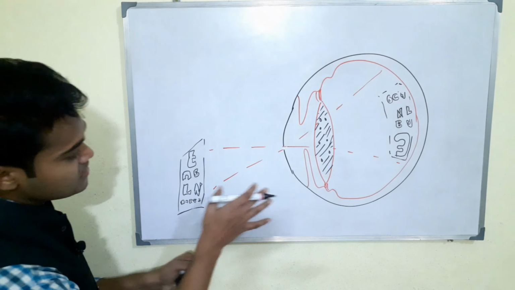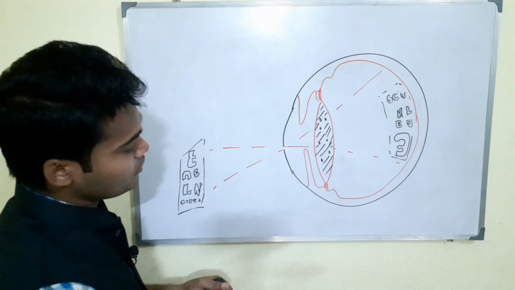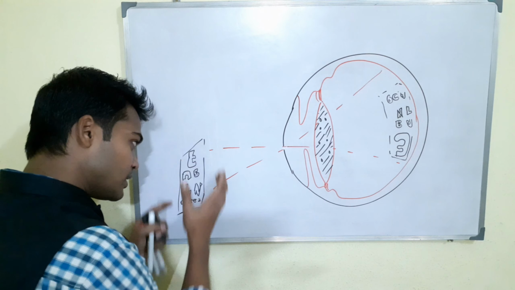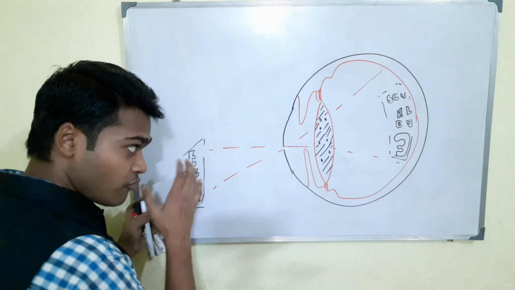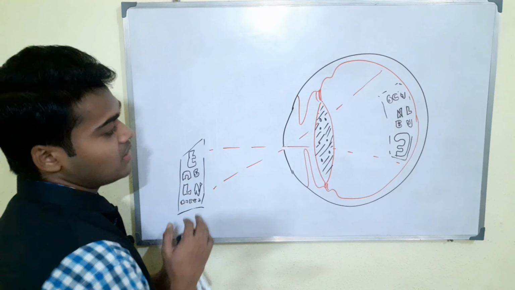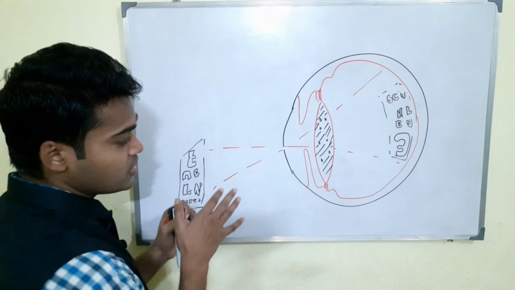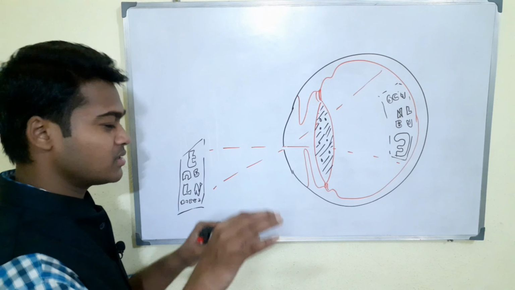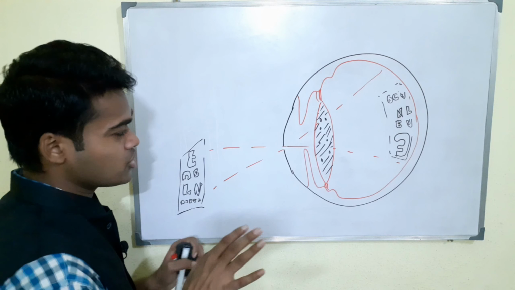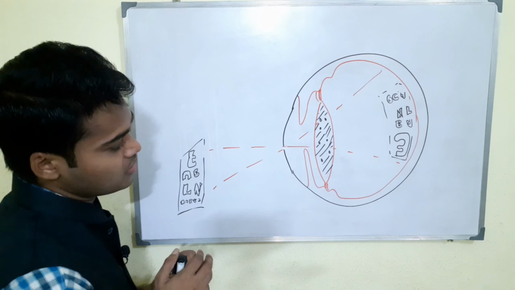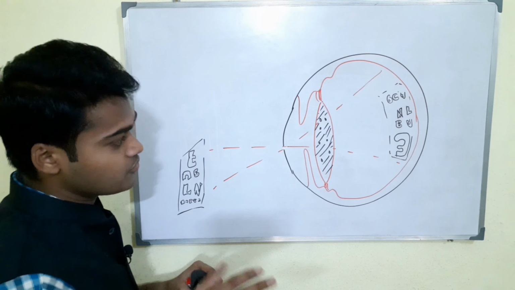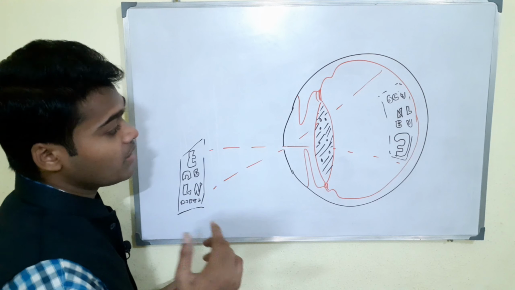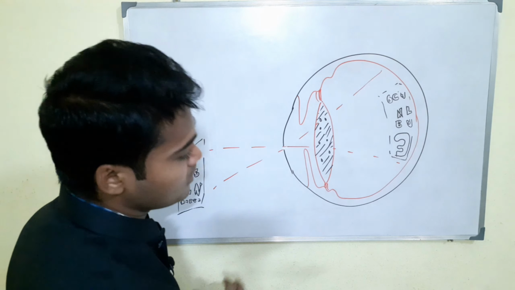So basically this is the game happening inside the eye when we use the potential acuity measurement. Now, how do we as practitioners place this inside the eye? It's not as easy as I describe it. It is a little bit hazardous or exhausting for the patient, and not only the patient but also the examiner, because one eye takes approximately 5 to 6 minutes for measurement of the entire thing.